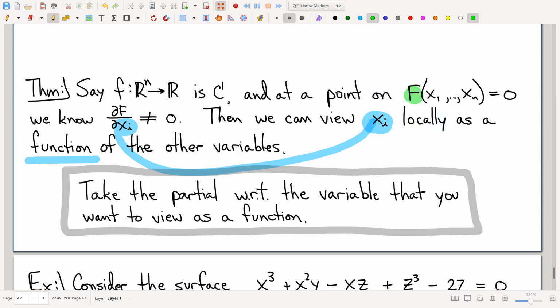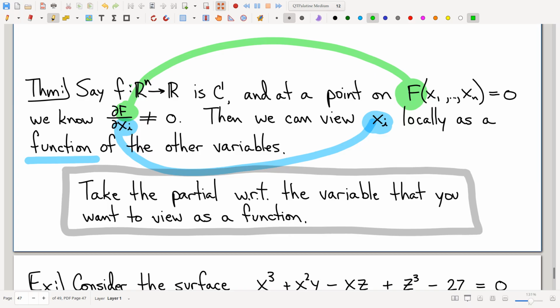The function whose level set you're looking at is what you take the partial of. Yeah. So if it's going from R^n to R, do we have unclosed surfaces only? Do what now? We're only working with unclosed surfaces? No comment. So for any C1 function, any continuously differentiable function, you're looking at its level set, and